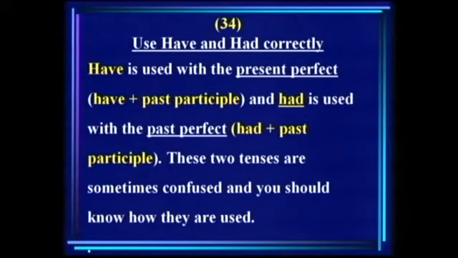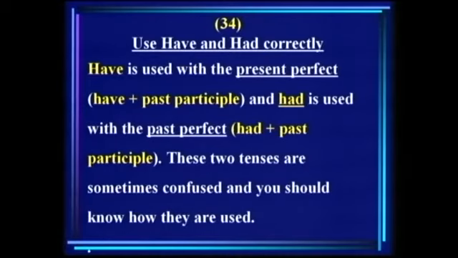طيب. All right, let's look at the next point, the next problem with the verb. Use have and had correctly. طيب. You know that have is the present form and had is a past form. احنا دلوقتي عارفين we talked about simple forms. We were talking about the simple present and the simple past. طيب. Here زي ما عندنا simple present and simple past, with have we have tenses that we call perfect tenses,